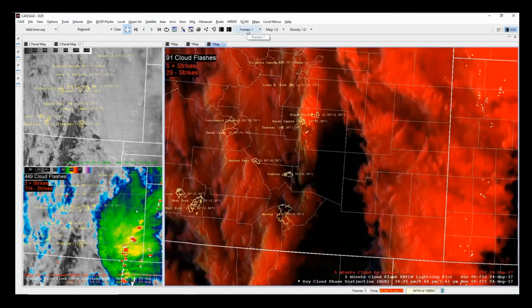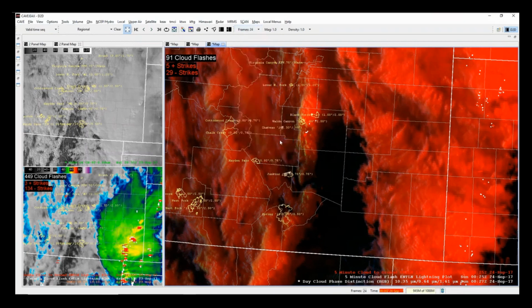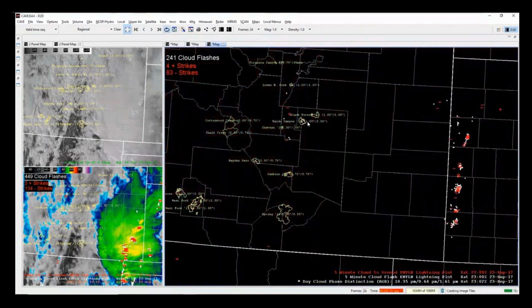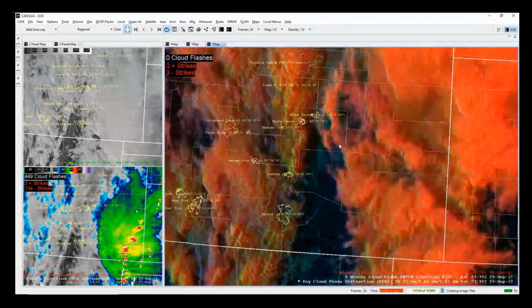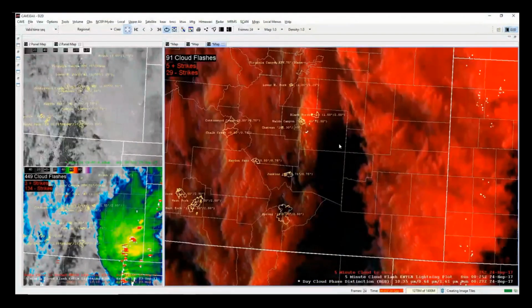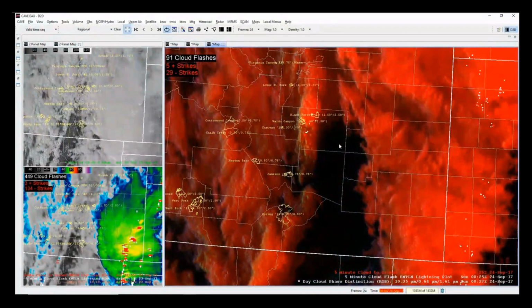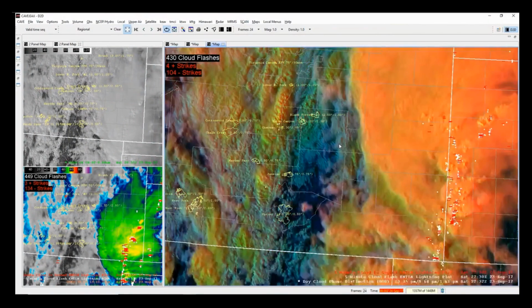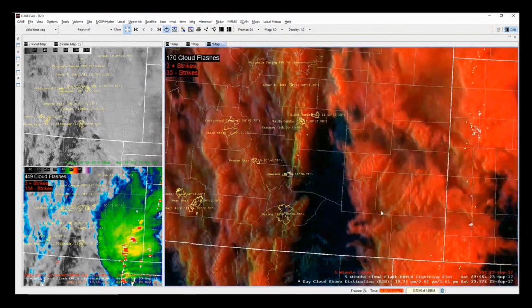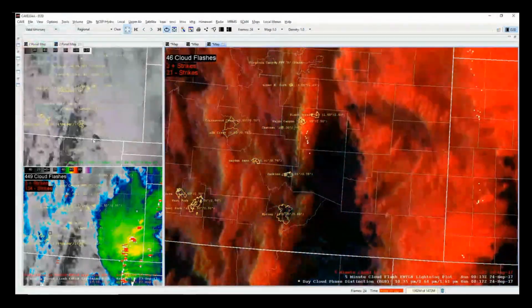That was fast. Okay, so now we're after dark, so this product is becoming not useful anymore. I will mention as the sun's setting or early in the morning, I will adjust, and maybe some of the other weather folks do this. Are you adjusting the ranges of the day cloud phase distinction to make it a little more useful towards sunset or towards sunrise? Maybe we could do that quick just to show folks what it's like for us to do that. So right-click hold on the RGB,